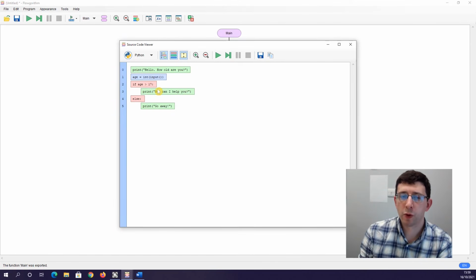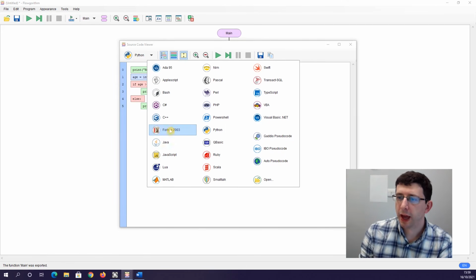So I can see this being very useful for anybody who's learning to program in Python to start off with. It might be a bit more complex for bigger programs that use multiple functions, but for any learner it's going to be very helpful. And as you can see, Flowgorithm has got lots and lots of different types of programming languages, and they're all very useful. But the most useful part here at the end is the pseudocode. And there are different types of pseudocode that we can use here. We've got this one,